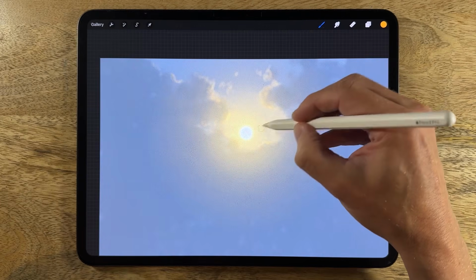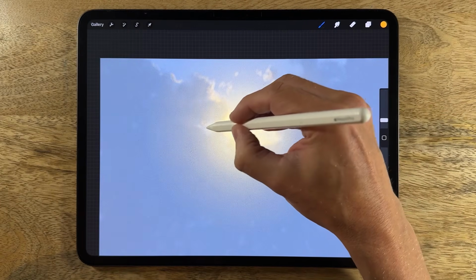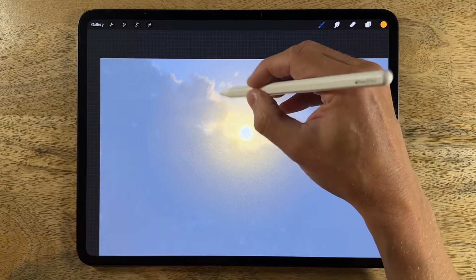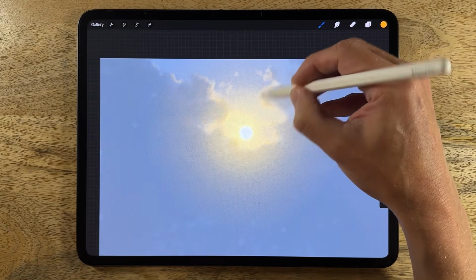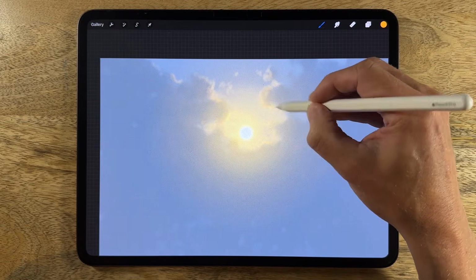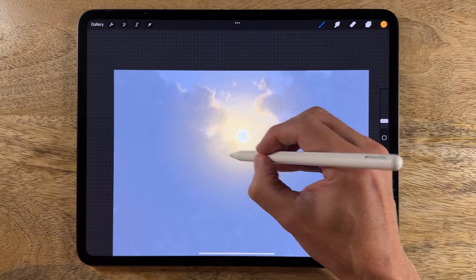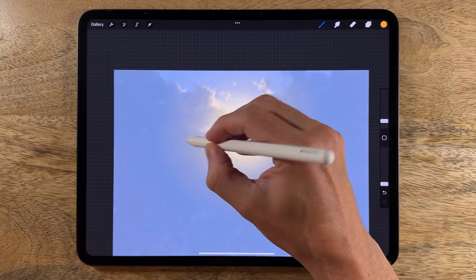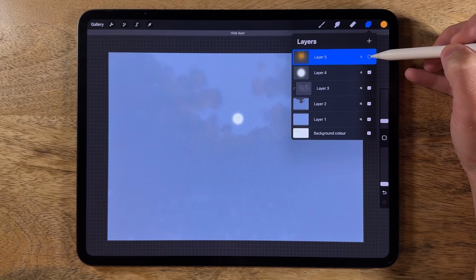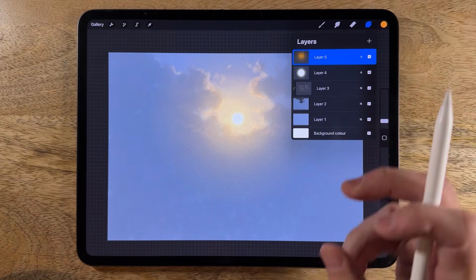In fact, a few sweeps of that in that background area is working really nicely. Perhaps take that up a little bit more. I quite like that overall effect. I'm going to bring some of this a little bit further down, just a bit more texture, a few little anomalies. Now looking at layer 5 and the overall impact of it, I feel that I'd like it to be